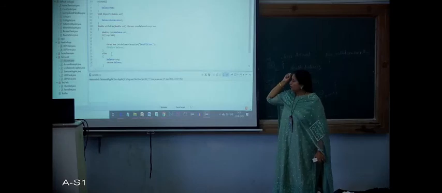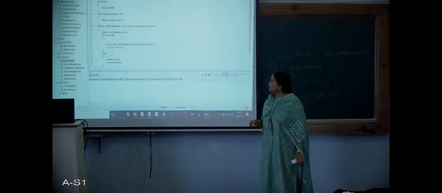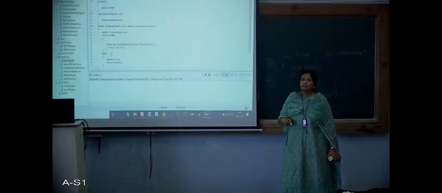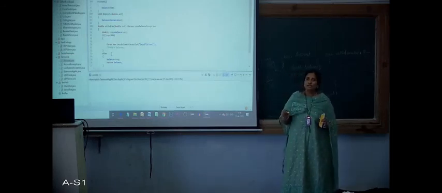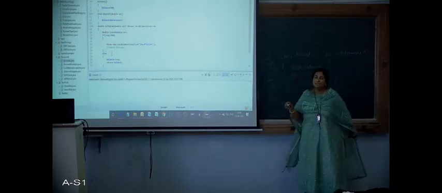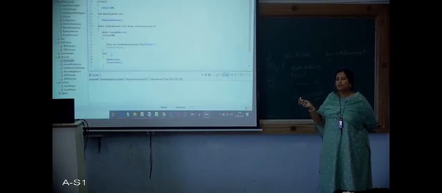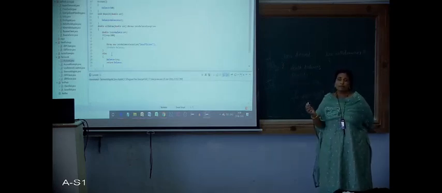If a class is calling this, if any object is calling this withdraw method, the caller has to take care of any of such exceptions. It is the duty of the caller to take care of such things. What kind of things here?